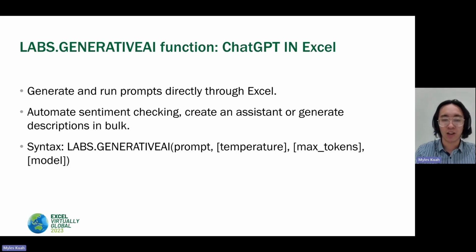The prompt is the only thing you need, and then it's temperature, which decides on the flexibility of the response, whether it's going to be a consistent response, or a more creative but less consistent response. Max tokens is the maximum return size that is actually allowed, and the model is obviously the model that you're choosing. That can be 3.5 or 4 or one of the other more niche models. And the main difference with the model, other than